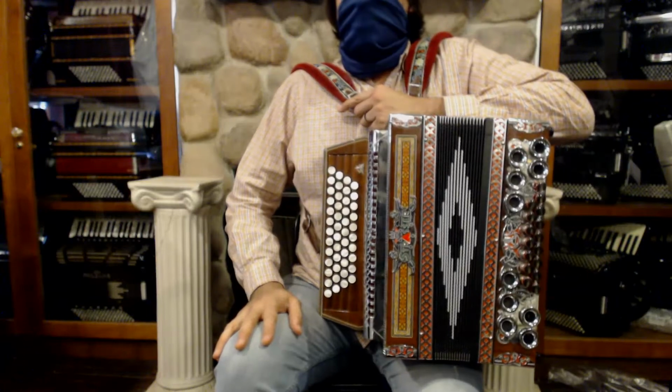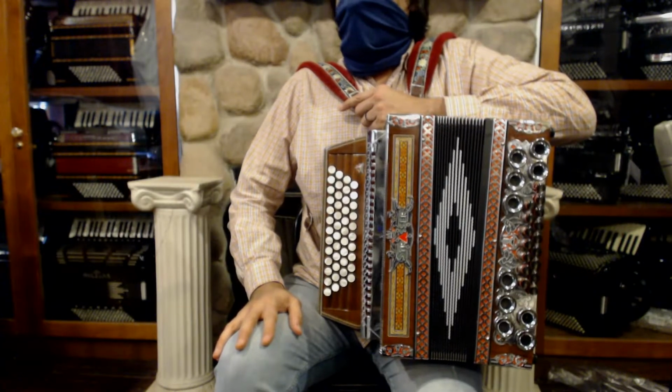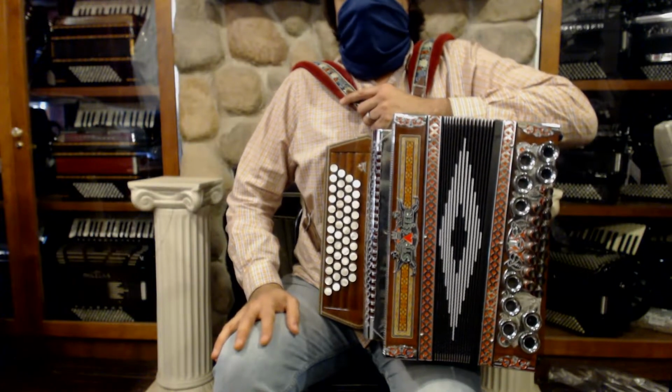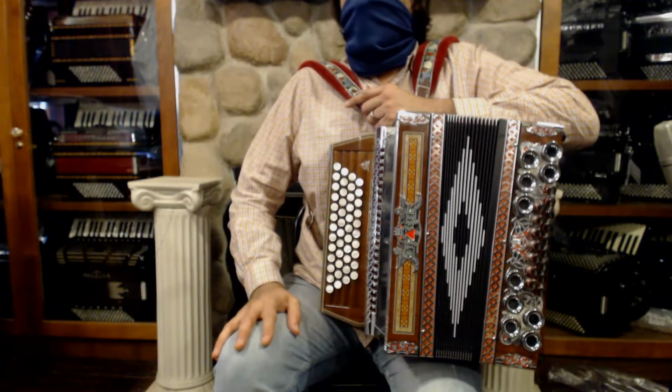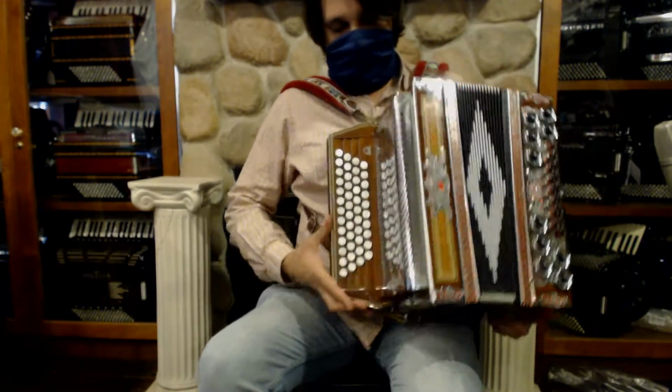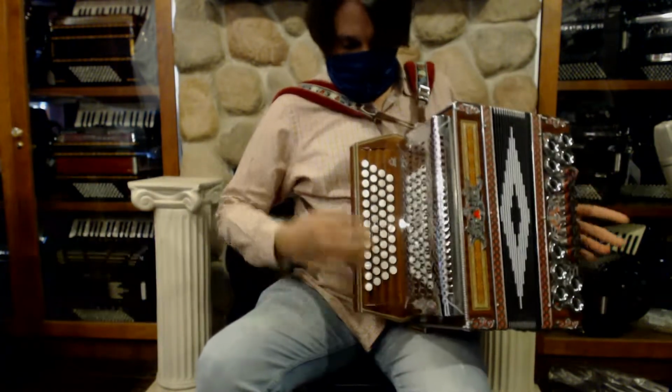Here we have a used Strasser Deluxe Steirische button accordion. This is in great condition. It's in the key of G, C, F, B flat, has 3 middle reeds, 46 keys on the right hand, in the traditional setup,